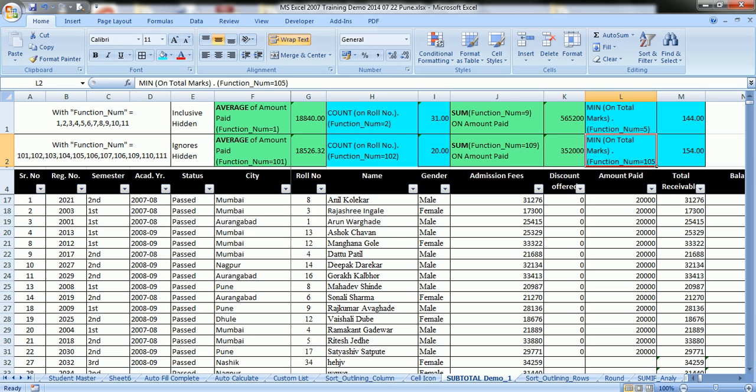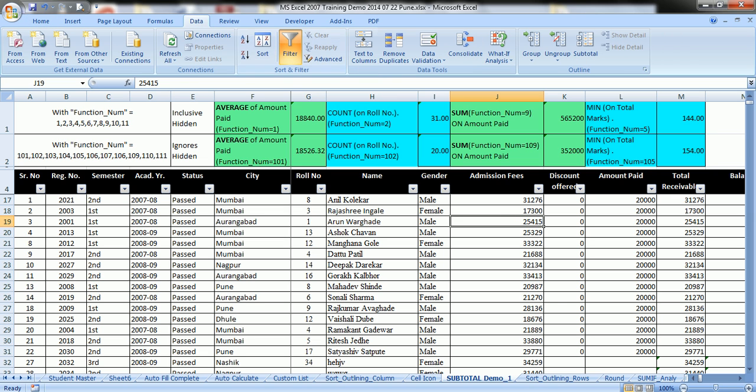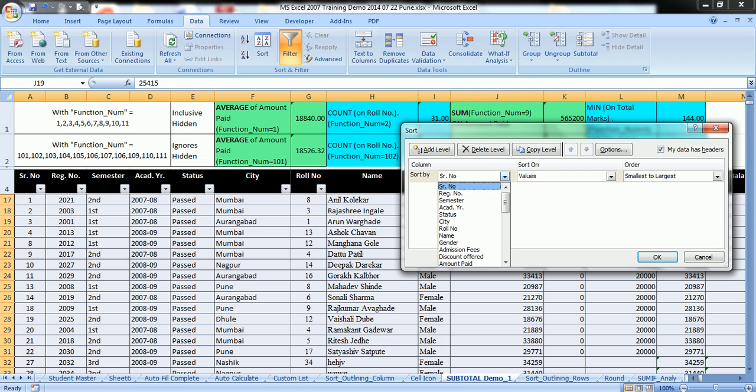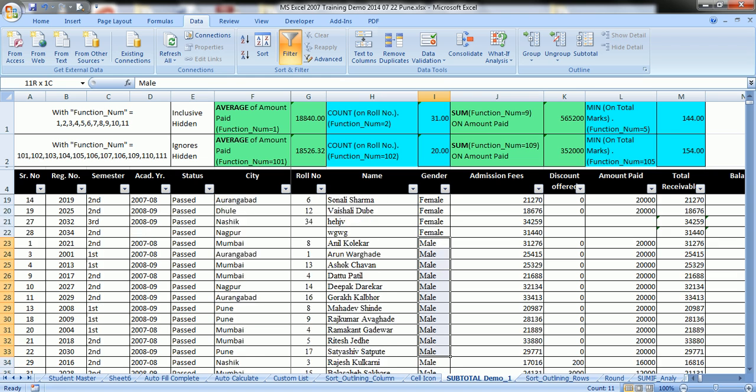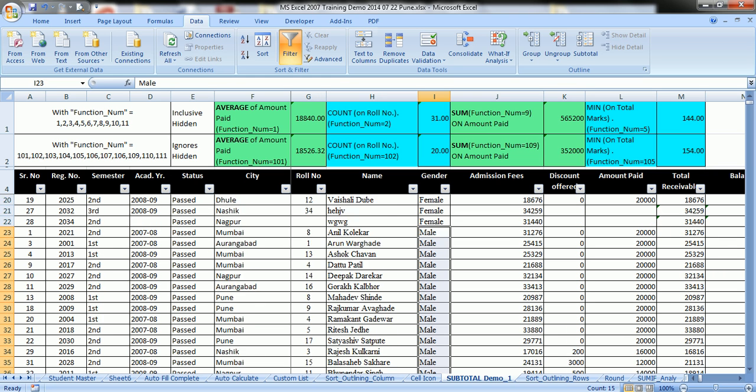Suppose I want to have a similar set for a change in gender. So I will sort my data for gender first. If you look at the column of gender, all female students are in one group and all male students are in another group.